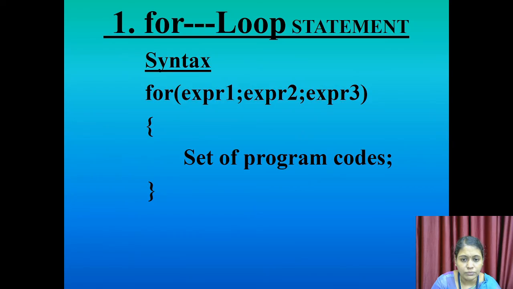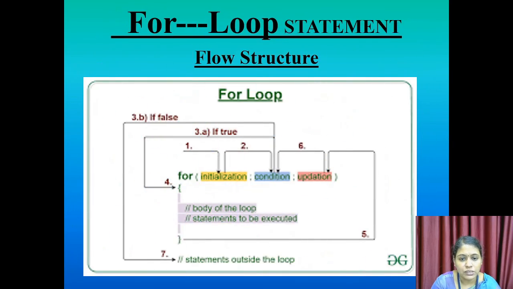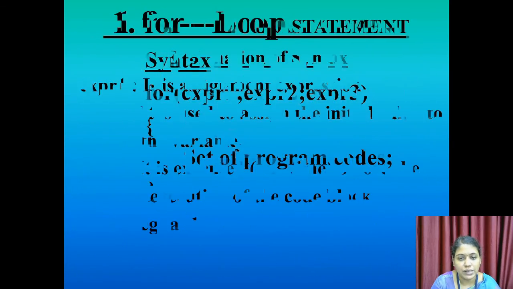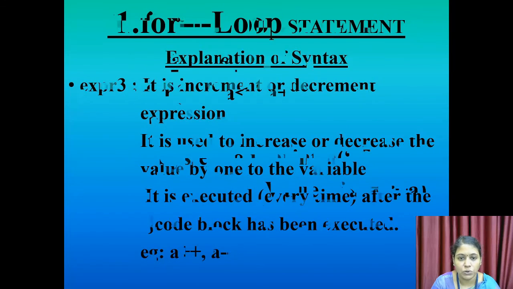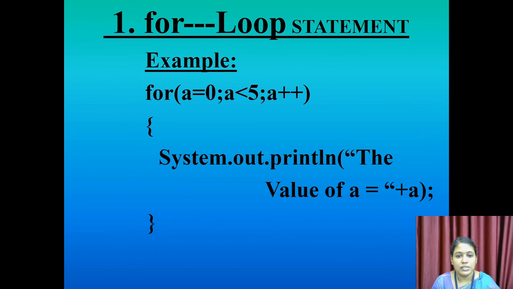Next, we see one example of using the for loop statement in Java. This is the example. We have to write the programming code for the loop statement like this in Java. So, for open parenthesis a is equal to 0. Here a is the index variable. First we initialize the value 0 to a. That is the initialization expression.